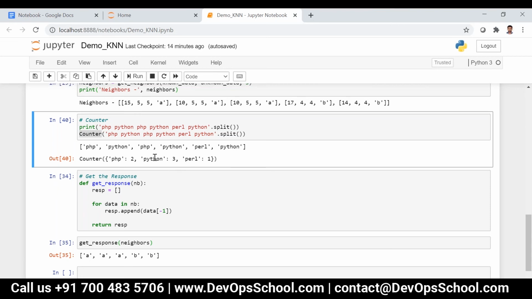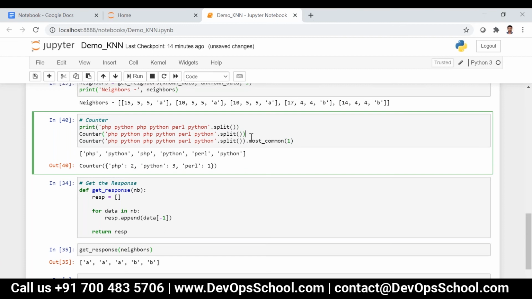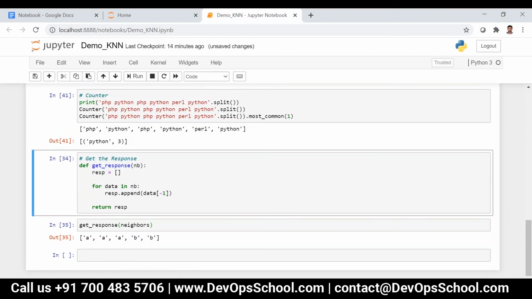Now in this, if I want only the top element, I can say dot most_common of 1. I can just write like this: most_common of 1. What is this? Python.